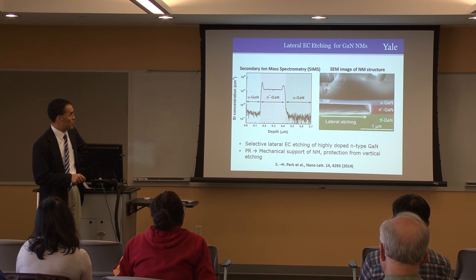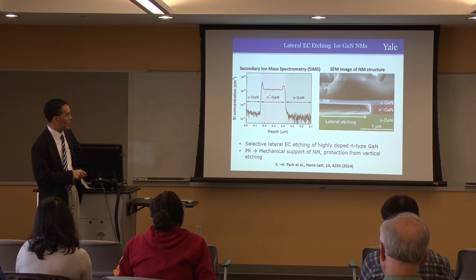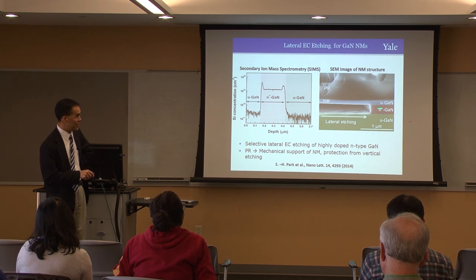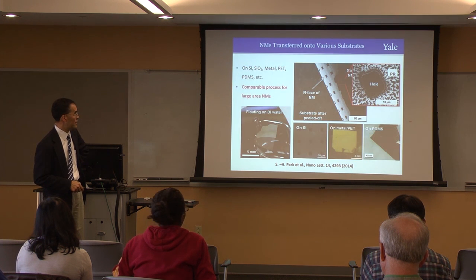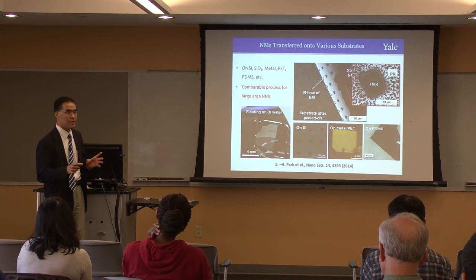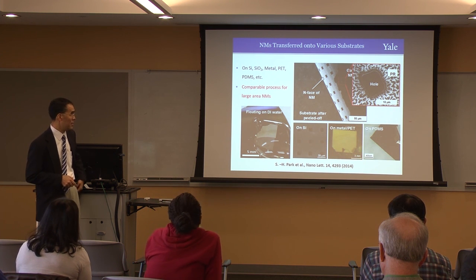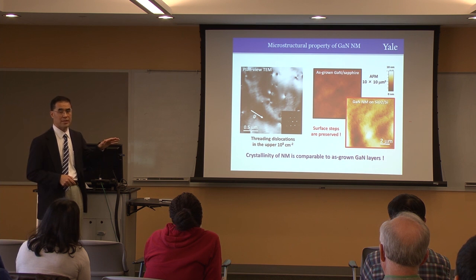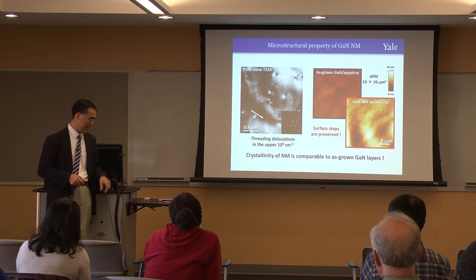We grow undoped gallium nitride, and this is about 90 nanometer of gallium nitride. This is a sacrificial layer, and lateral electrochemical etching is a unique way to selectively attack gallium nitride. While these are a few examples, we can make a fairly large area, a centimeter square or bigger, a few centimeters square, a thin, flexible nanomembrane. Structurally, they are single crystalline, as good as the